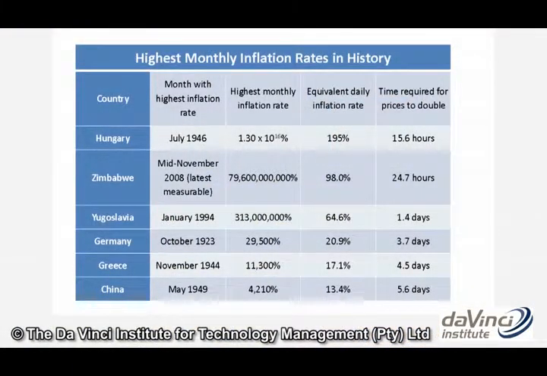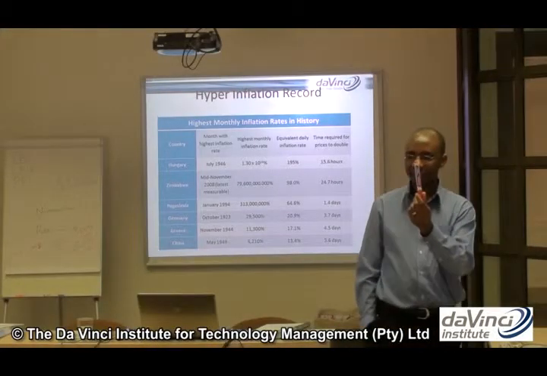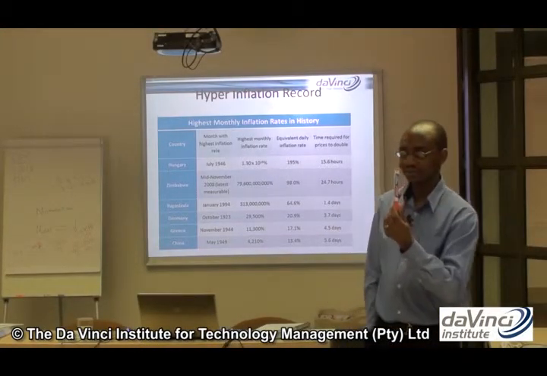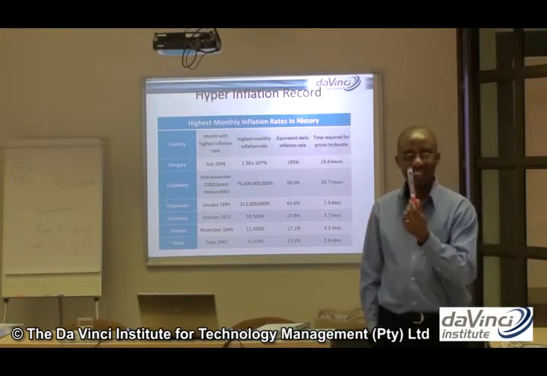Says time required for prices to double. So in other words, what it says is that if this was sold for 5 rand, you come back after 15 hours, it will be 10 rand. You come back after another 15 hours, it will be 20. So every 15 hours, the price is